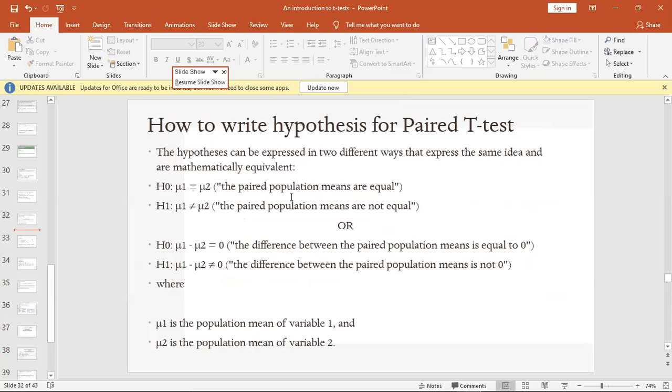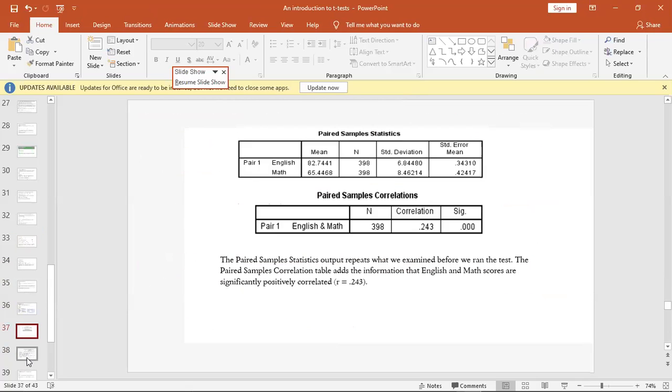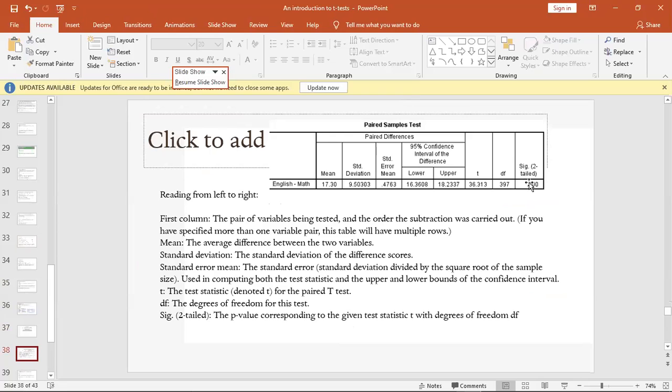This way, the paired populations means are equal. If you reject this one, you have to go for the paired population means are not equal. That means in your example, the significance value is less than 0.05. So if you reject the null hypothesis, the mean values for English and maths are not equal. So the difference is here, you can take the standard deviation error mean is